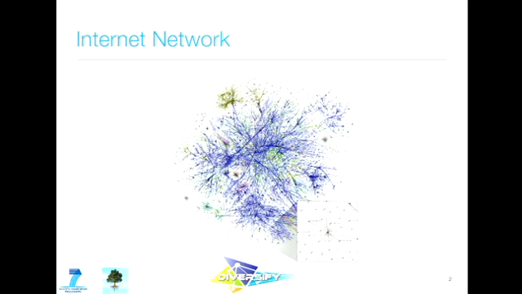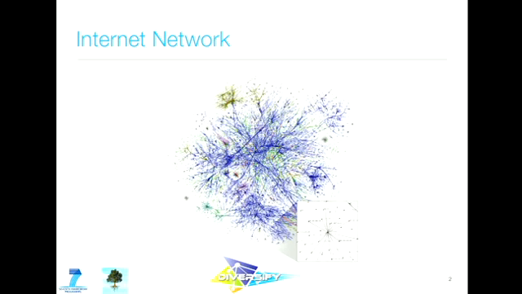This is a map of the internet network, from circa 2005. As you can see, it basically maps out the links between different entities on the internet. It's a really large, huge network, and it's been evolving. Nodes come and go, links come and disappear, and software systems have been built on top